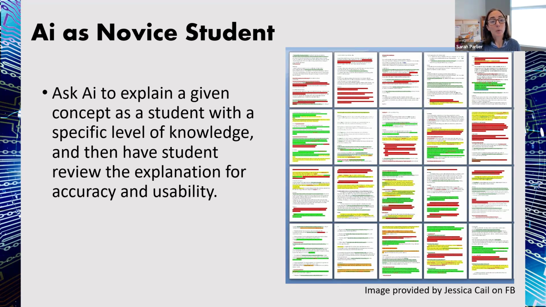But this is a really important lesson for the students. First of all, it gives them a chance to check in on what they know, right? So depending on the topic you have them interact with, it may or may not provide them with an experience that's related to the content of your course. But it will certainly, if they put in a topic that they know very well and they see that they're getting information that's not accurate, make them think twice about using it in ways that we are concerned about, right? Reminding students that they're ultimately responsible for whatever they submit in their coursework,